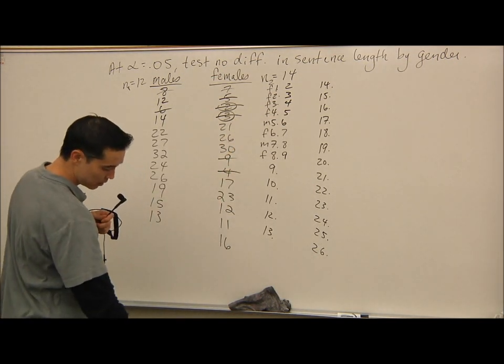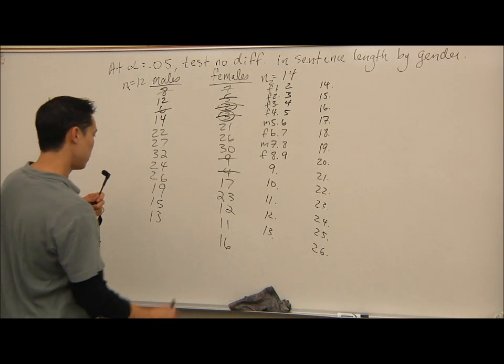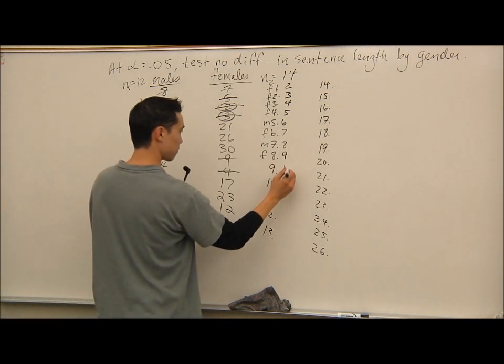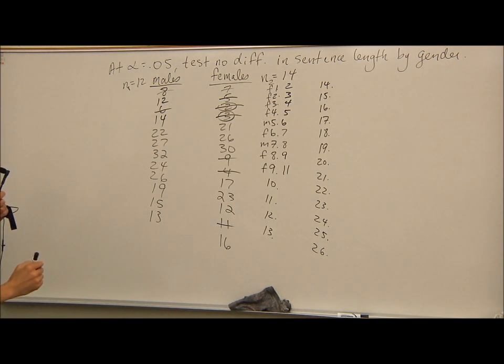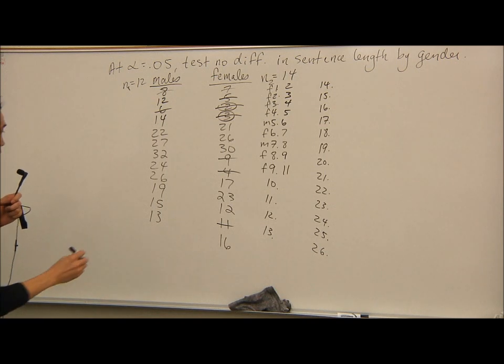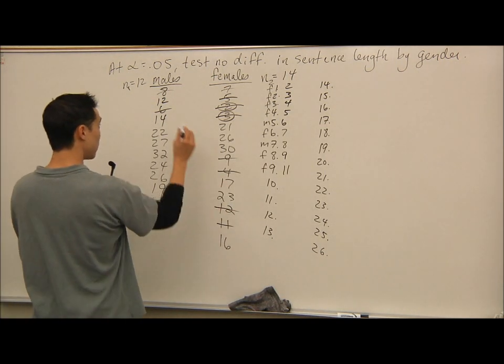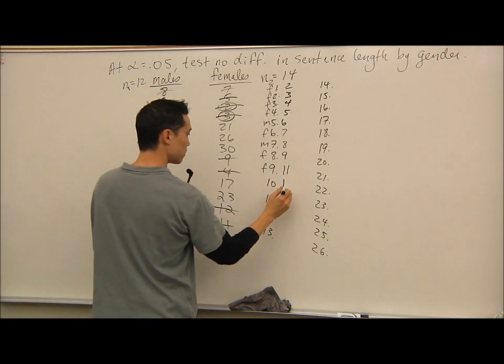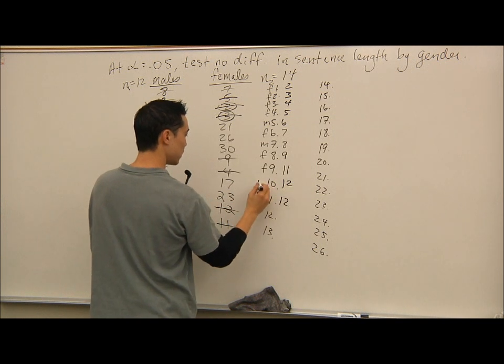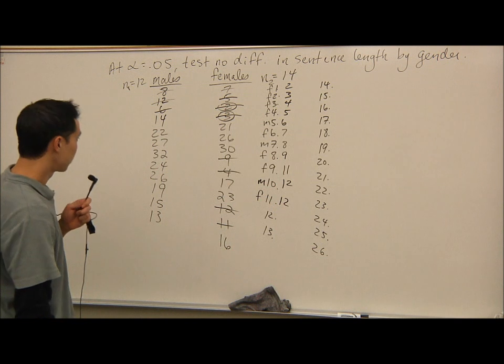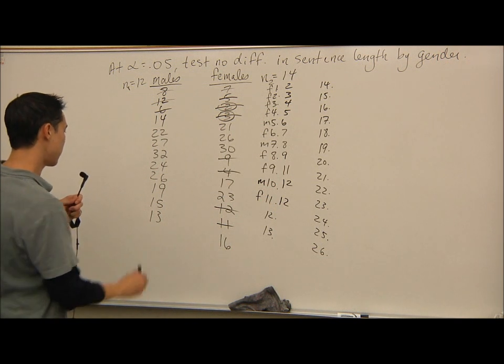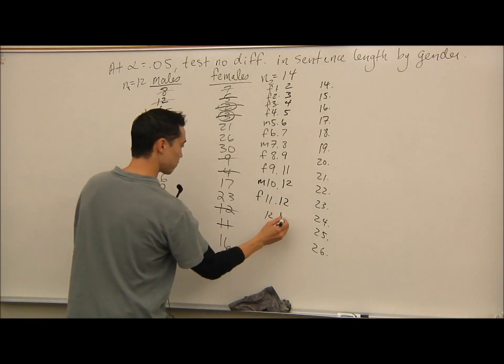Okay, so then 11 is female, and we have two 12s, a male 12 and a female 12. So 12, 12, male and female. Then 13, male,